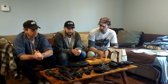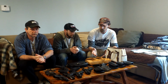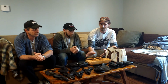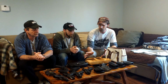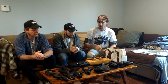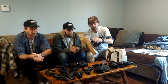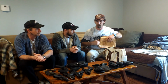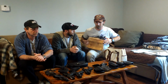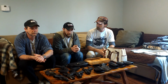Also, the other thing is going to be draw options on your bag. All of these draw from the top, and you'll notice I tried to do some appendix carry style drawing out of these bags. A lot of bags have the gun in the side, so you have to make sure you have two hands available to draw, so that the bag doesn't swing, or have a short enough strap to keep the bag from swinging. Use the strap, and again,